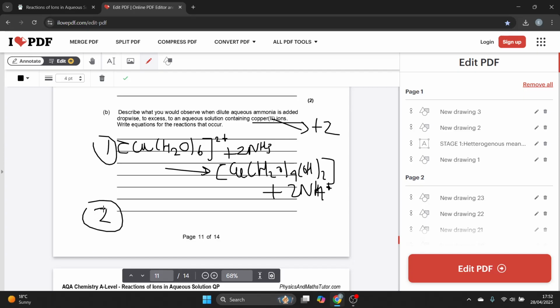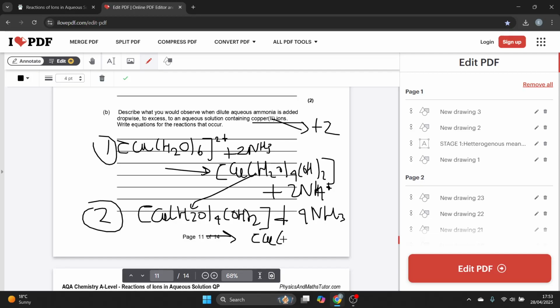And then equation number 2 is until excess, so it's what you just formed, Cu(H2O)4(OH)2, plus 4 NH3, forming